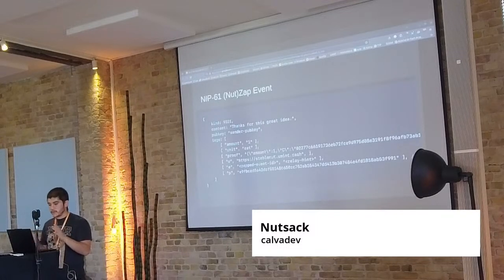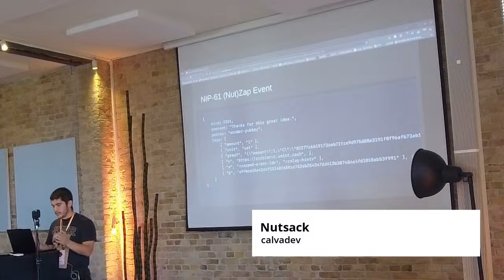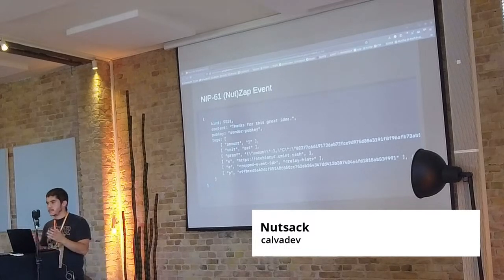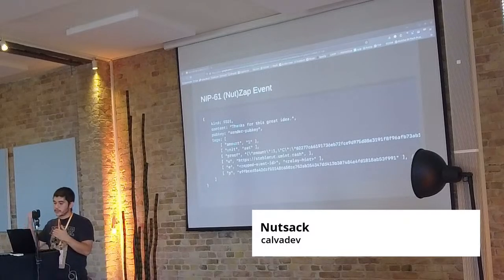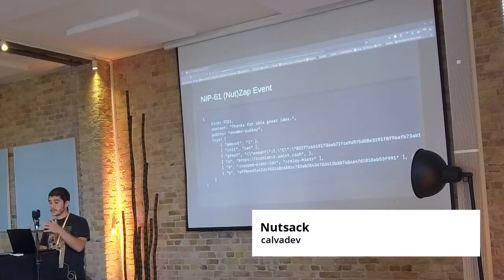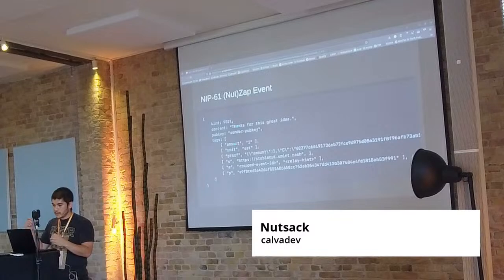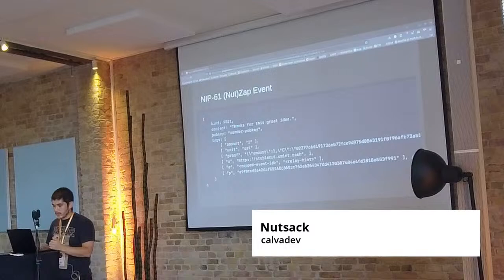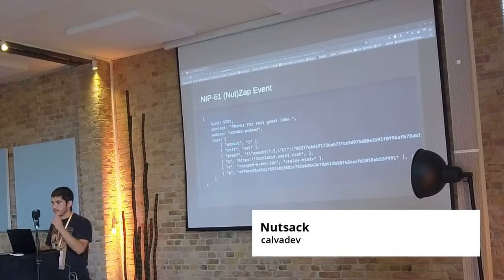So yeah, this is the actual NIP61 Zap event, or in this case, Nut Zap event, and it very simply contains the content message. In a Zap, you can send a little short text string saying why you zapped them, the pub key of the person who actually sent the Zap, how many sats are locked up in the eCash note, the unit that you're sending the value in, the actual proof that allows you to unlock and receive the tokens themselves, and then the mint that it was generated from, the event and